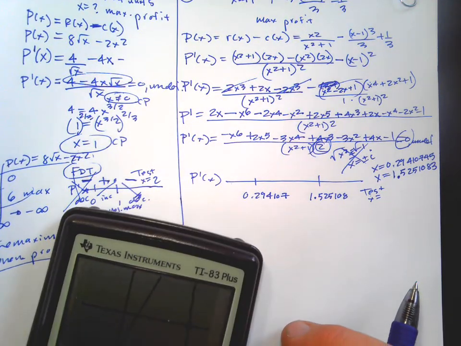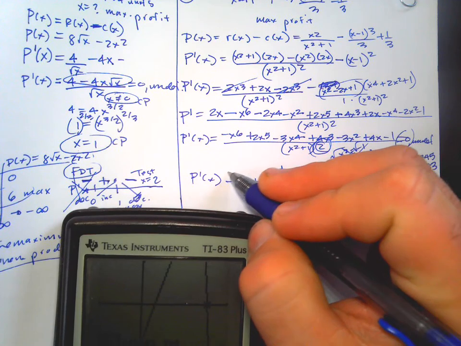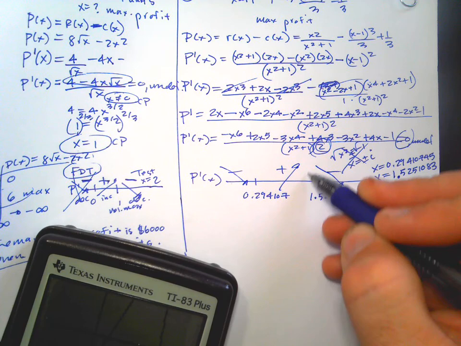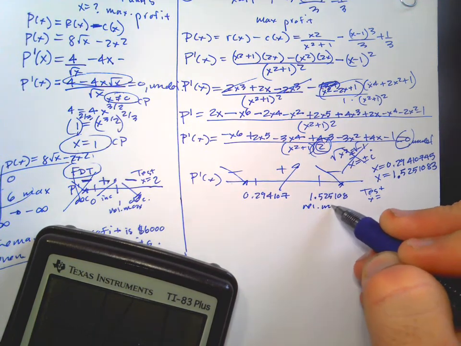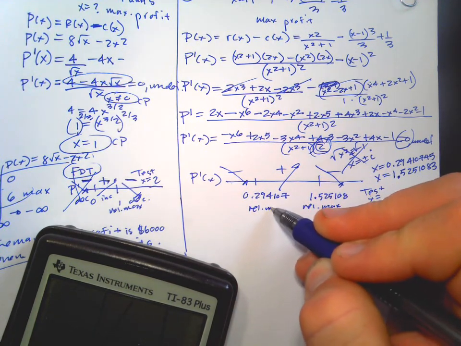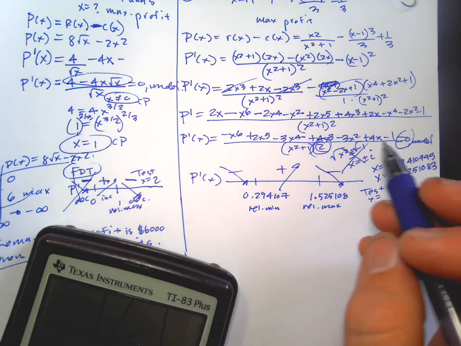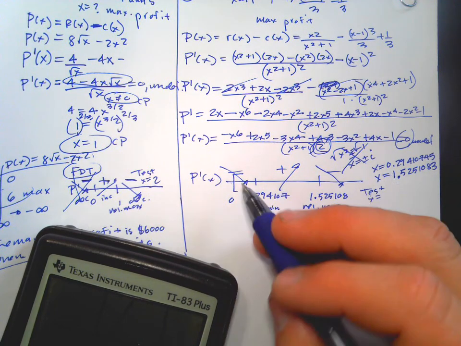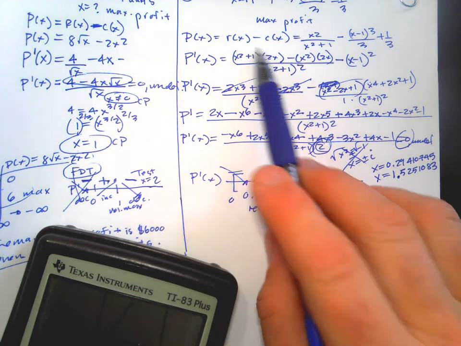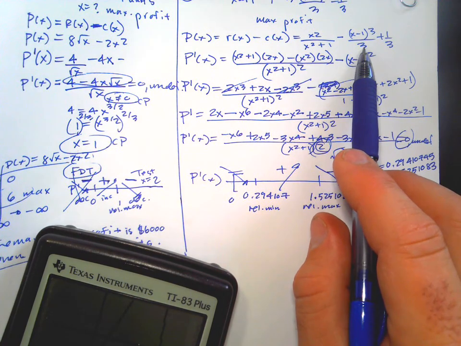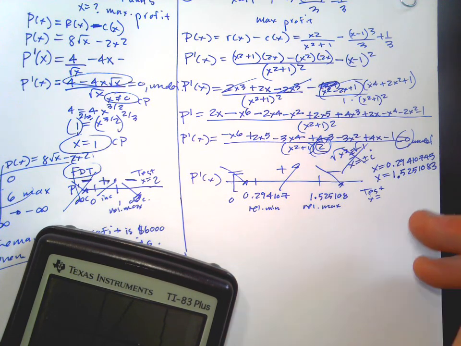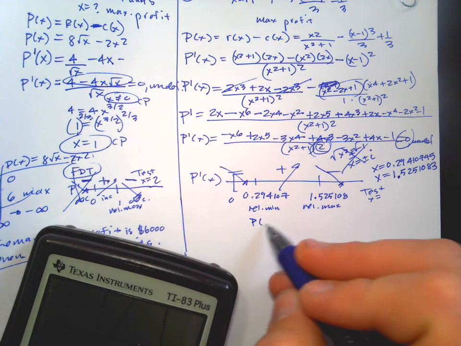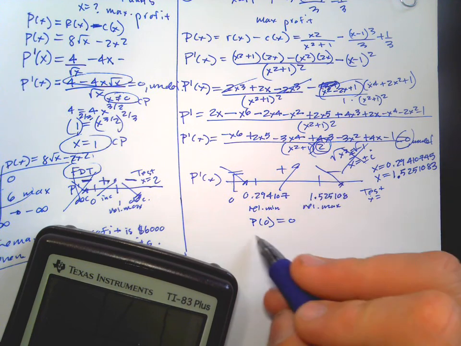I mean, you just look at this graph and you'd be like, okay, well, it's positive here, negative here, negative here. It's decreasing, increasing, decreasing. So this is a relative max, and this is a relative min. But we're going to stop at 0 units, and then this goes forever. So we could test. If you plug 0 into your profit function, you get 0. So I'm kind of doing first, I'm kind of doing extreme value theorem. So what's the profit at 0? It's 0. So what's the profit at